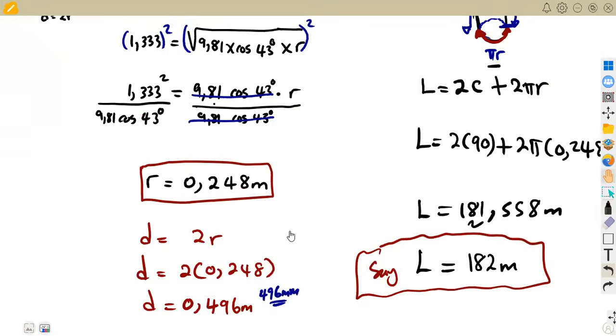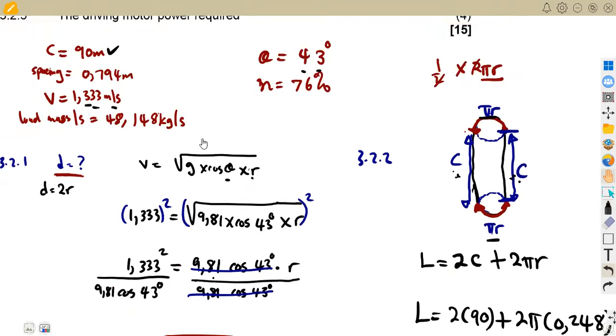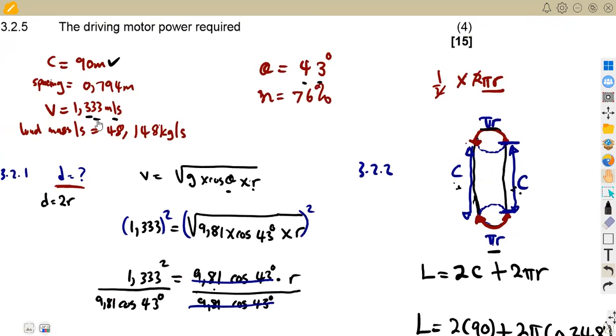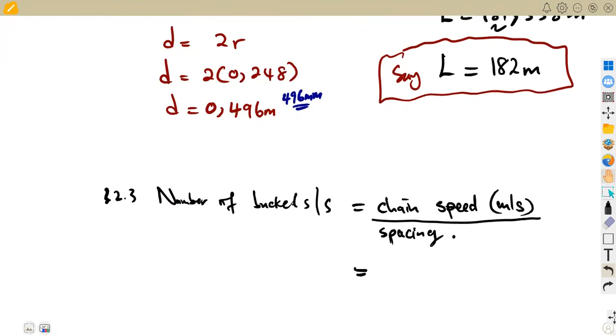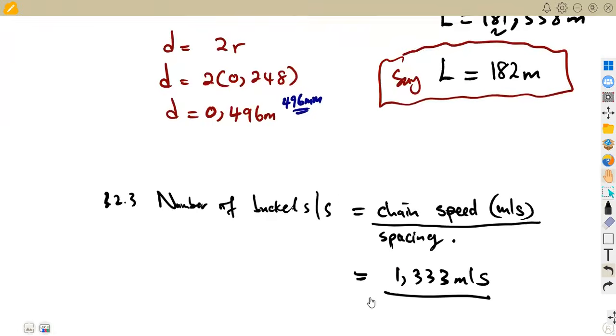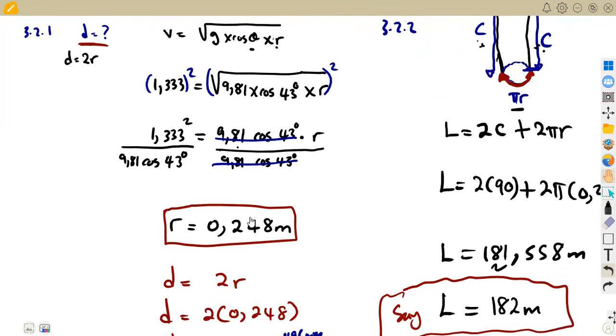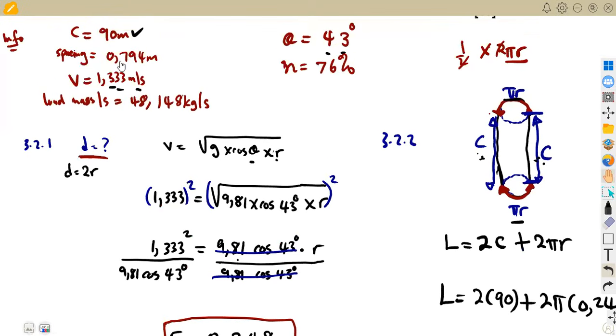Remember, on our conversion part, we obtained our chain speed here, 1.333 and so forth in meters per second. That is this velocity, the speed. So you're going to have 1.333 in meters per second over the spacing in meters. Our spacing here is supposed to be in meters, which is 0.7